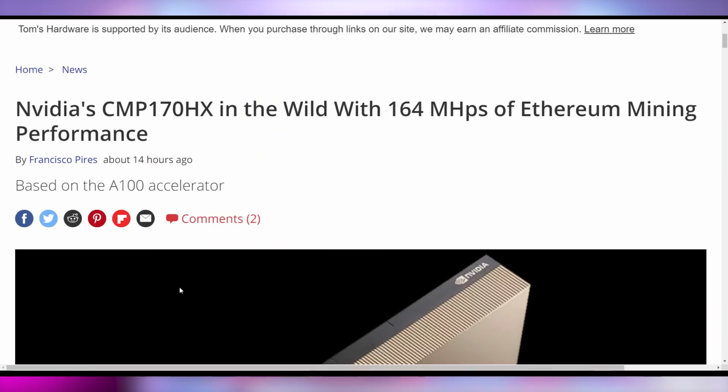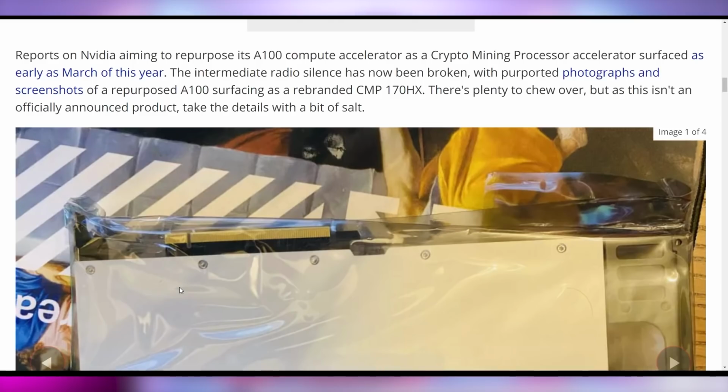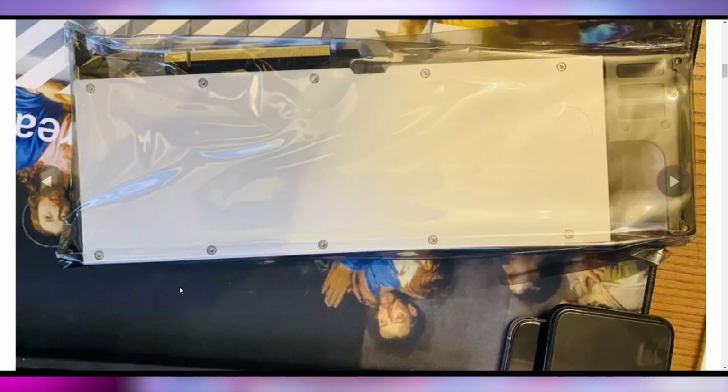And now let's talk about what miners have been having for breakfast, which is just graphics cards. Nvidia's CMP 170HX is now appearing in the wild, and this is supposed to be one of Nvidia's flagship mining cards that's supposed to help offset the demand that regular GPUs have been having in the crypto market. The thing that makes this one special is that it's based off of a broken A100 chip, so you're getting fully fledged Nvidia top tier goodness that can get you up to 164 megahash per second on Ethereum